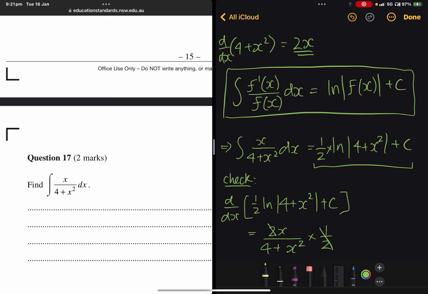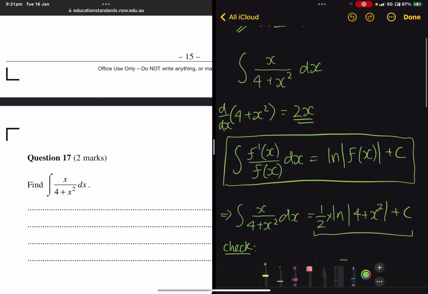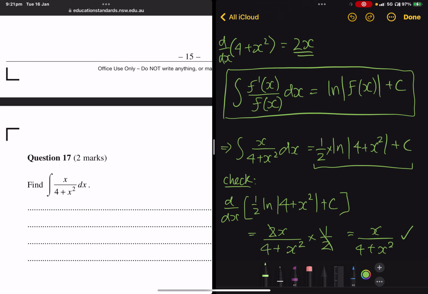The half and the 2 cancel, and this gives us x over 4 plus x squared. Now note, this is what we started with in our original expression, and this confirms for us that this answer is in fact correct. You don't need to do this, but if you have the time, it is a good thing to do,